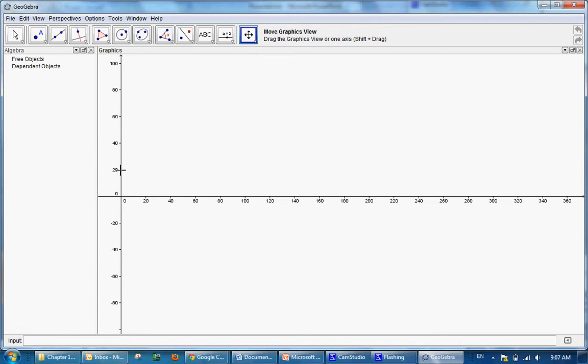So I'm going to grab 20 down here on my y-axis, and I'm going to wait till it turns to an arrow, see? And I'm going to move it. But I want to move it more. I think maybe even 10 for right now. Maybe we'll go smaller later. We can do that. So now I want to go into my input bar,